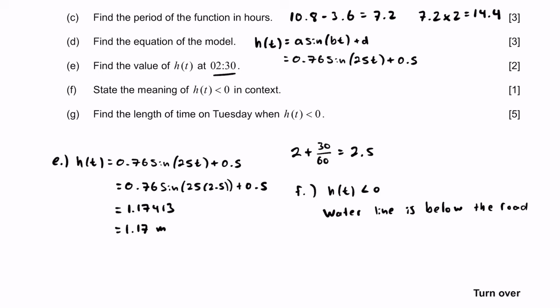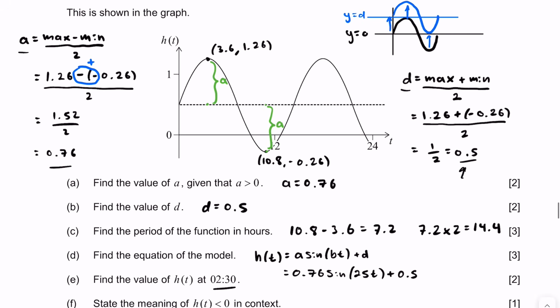Part G, we're asked to find the length of time on Tuesday when h of t is less than 0. So essentially, for how much time on Tuesday is the water line below the road? So looking back at our function, I'm going to clear this up just a little. So here is one full day, and it's actually Tuesday, 24 hours. There's a certain amount of time where the water line is below